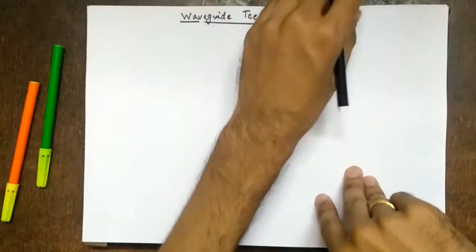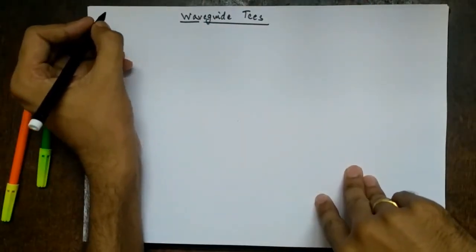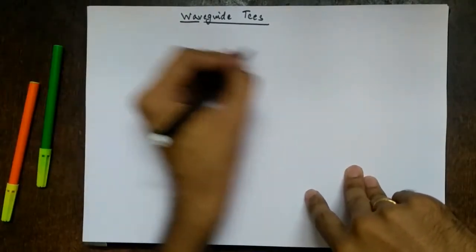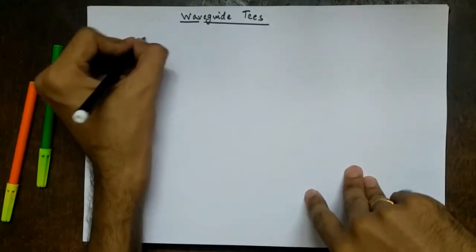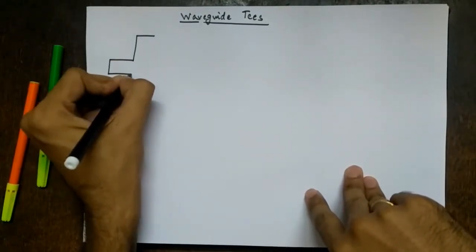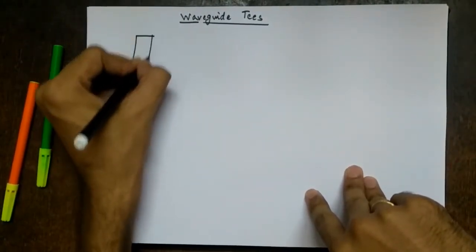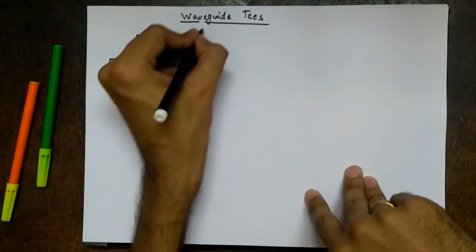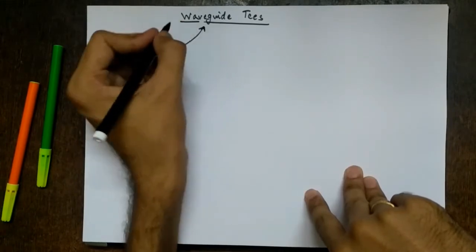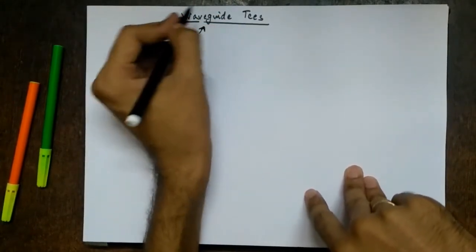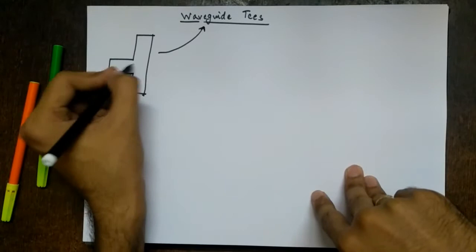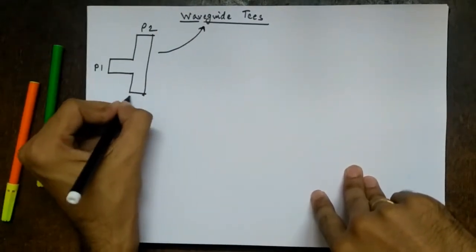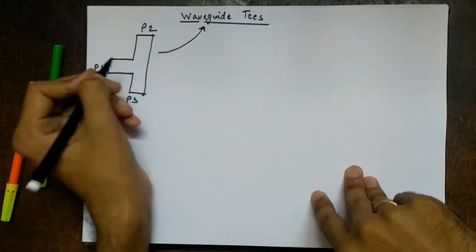So last week we started with microwave passive devices. In the last lecture we studied S parameters of a three-port network and for a circulator. The three-port network, simple, I had given this example, a power divider. If you see, this is in the form of a T. So this is one of the very important topics, which is called waveguide T's. Since this makes a T, let's say this is port 1, port 2, port 3. So this is a three-port network, hence it is called a T.